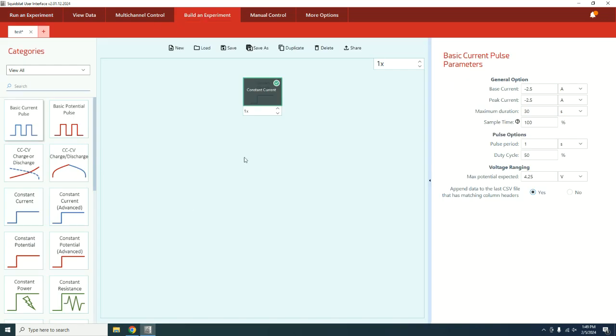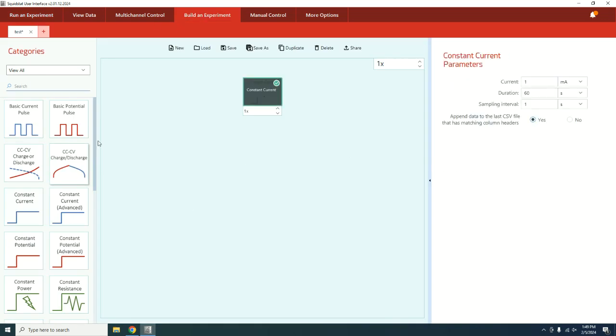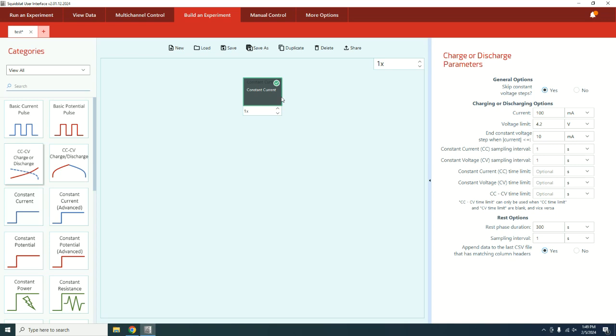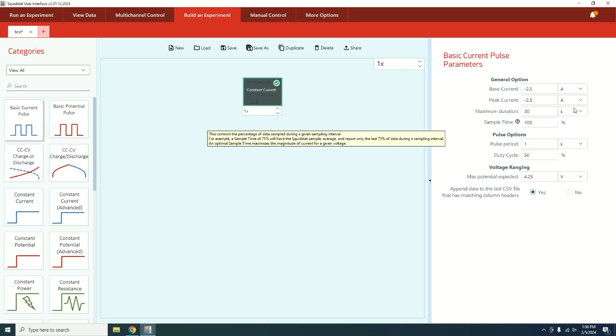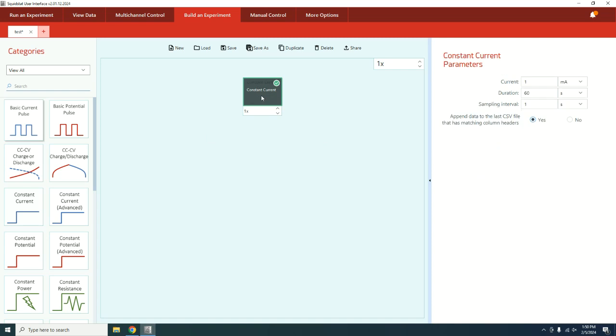So we go to the Build an Experiment tab, and it's a drag and drop. I dragged in a constant current block here, and I am going to look at this and say I want to apply, let's discharge this, right? So let's go 2.5 amps for 30 seconds, and I want to see, let's sample every second, and I want to see what the voltage